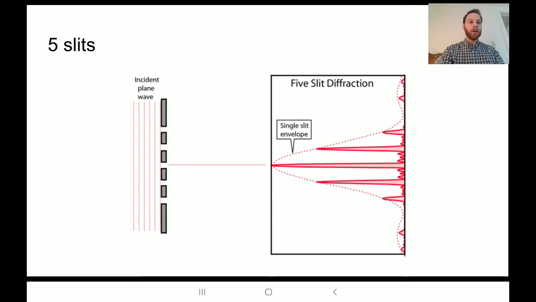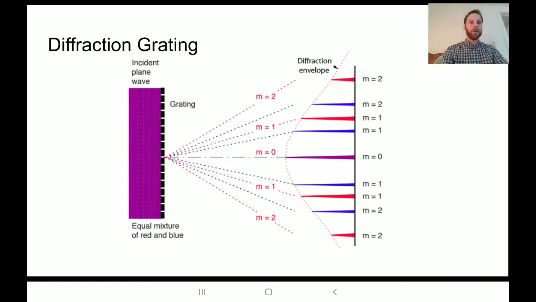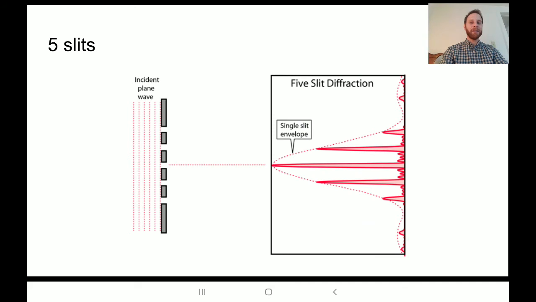And what you can, are there any more pictures here? Yes, there are. And what should I do? I should tell you about diffraction gratings. So it's so